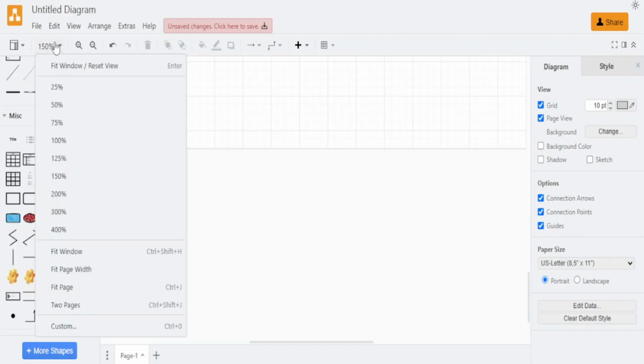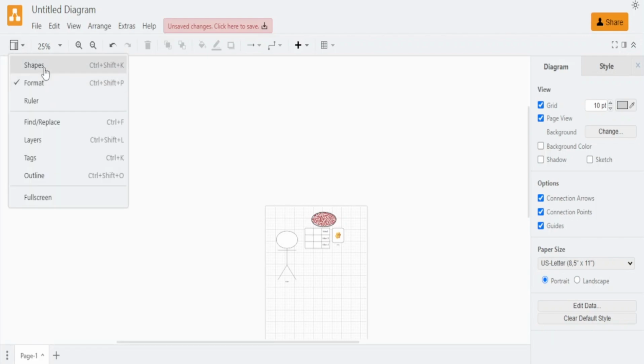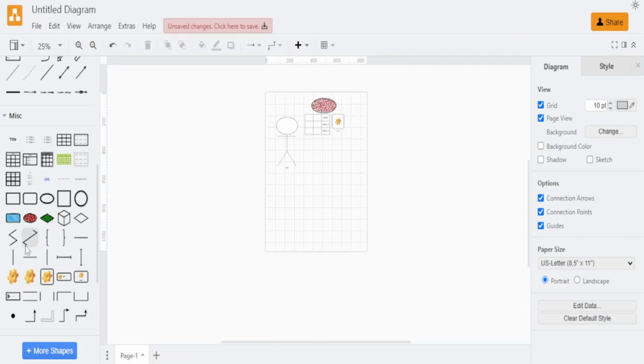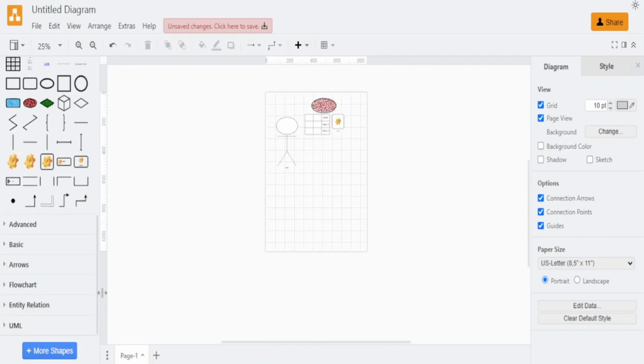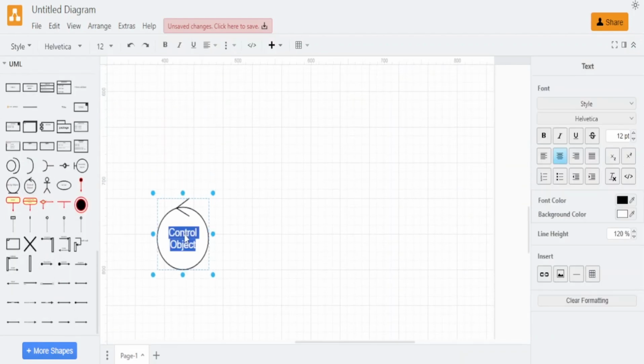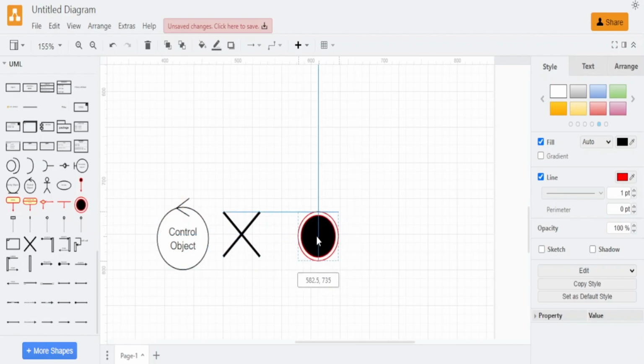You can make anything bigger or smaller, edit the shapes, show the shapes, show the format, show a ruler. If you'd like to, you can make a new file, you can edit a file, you can view everything. You're given the right to do everything. UML, you can add UMLs guys. Control object after that, like this cross. You can add also this thing, whatever you want guys, whatever is the best for your